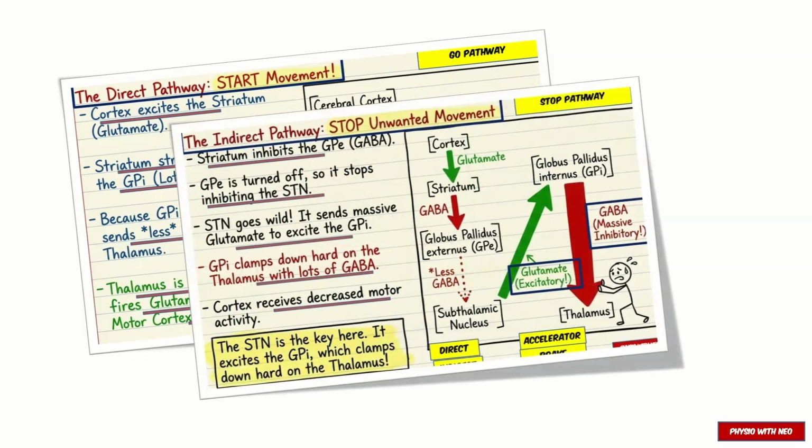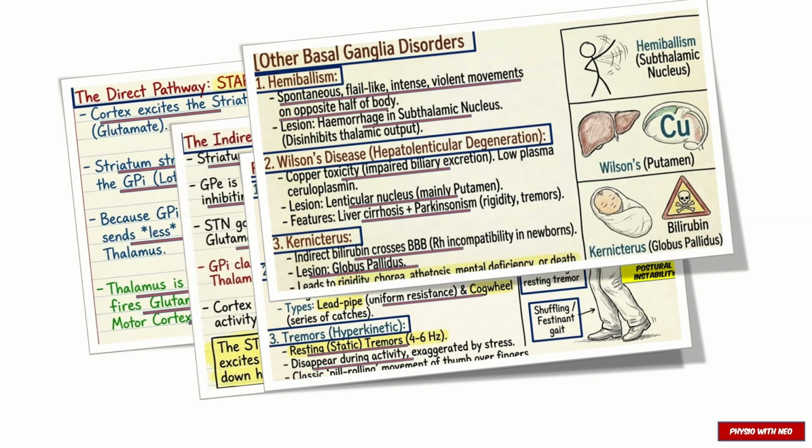One university question, almost 10 marks, but students often mixed up the direct pathway, the indirect pathway, Parkinson's disease, and the basal ganglia lesions. In the next 5 minutes, I will help you revise the entire basal ganglia chapter using the simple handwritten flowchart